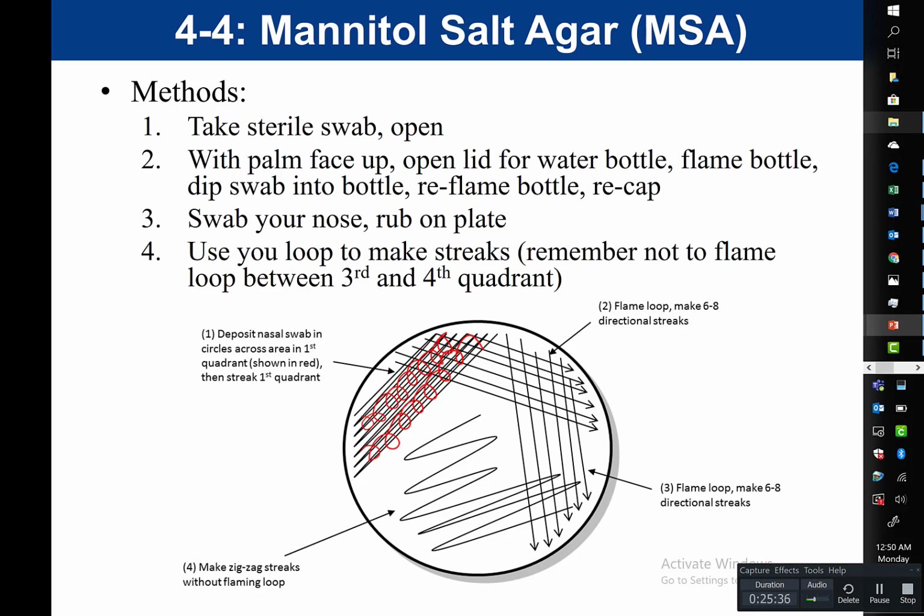This is usually a very fun activity for students because they like to see, are you part of that 1/4 to 1/3 that carries Staph aureus as part of your normal flora? Remember that I said one of the places we can find this bacteria would be skin, nasal passage, also in the groin area sometimes.